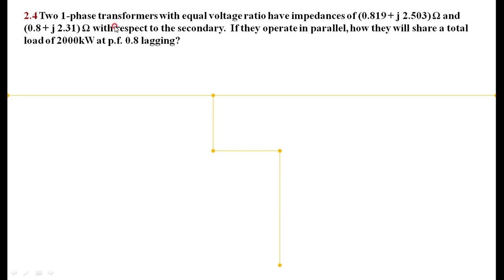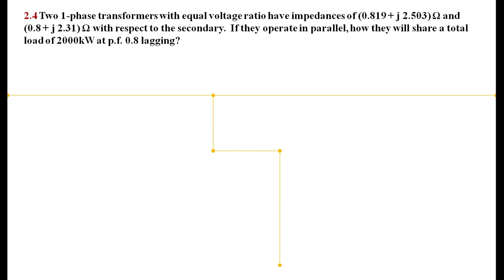That is, two single phase transformers with equal voltage ratio have an impedance of 0.819 plus j2.503 ohm, and the second transformer has an impedance of 0.8 plus j2.3 ohm with respect to the secondary side. If they operate in parallel, how will they share the total load of 2000 kilowatt at a power factor of